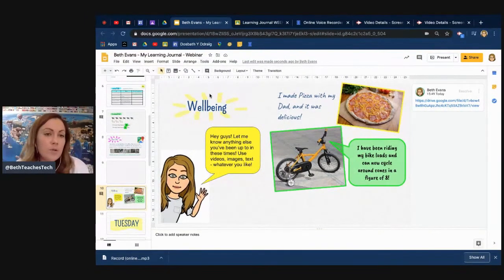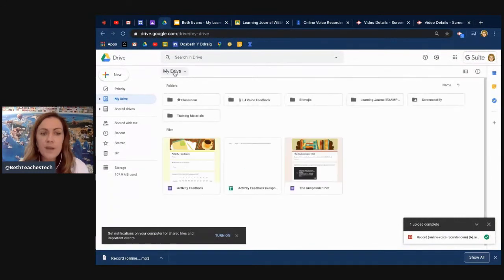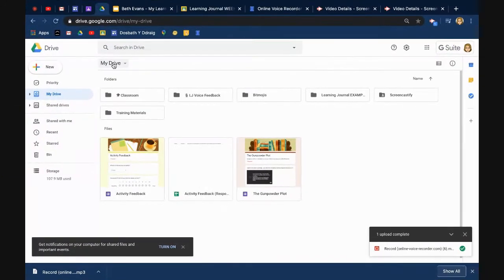And then I want to bring your attention to one of my favorite Google tools. And I'm going to go back to my Drive to do this for you. So if we go to Drive, there is a tool called Google Forms. Now, some of you may be really familiar with this. I can't even begin to tell you the different amounts of things that you can do with Google Forms. It just blows my mind. So I'm going to show you